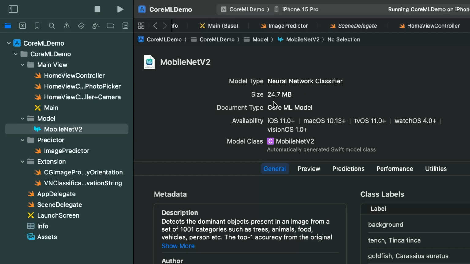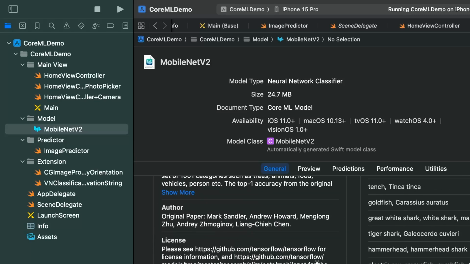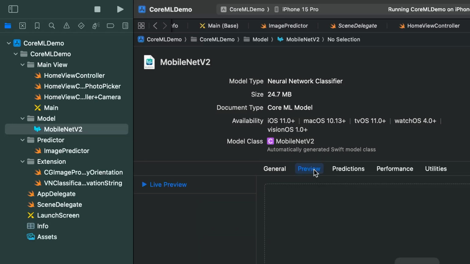It has a size of 24.7 MB, and its compatibility and lots of other metadata. You can also have a preview of how this works. You can either drag and drop images, or you can choose the live preview and take a picture from the camera. So this is basically the model that I have used for making this app.